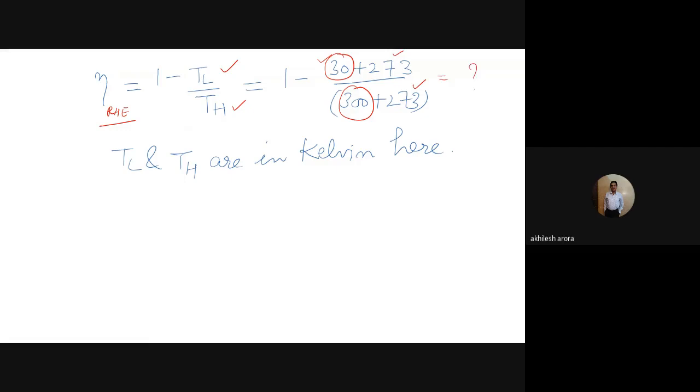It was just an example to make you understand that the temperature is to be taken in Kelvin here. Whenever you see the temperature as capital T, it is usually considered in Kelvin, and in most places we take the temperature in Kelvin, except where we calculate the heat transfer. For example, if Q is equal to m Cp delta T, whenever you are calculating the delta T value, whether you take the values in Kelvin or in degrees Celsius does not matter, because that 273 will cancel out from the difference.